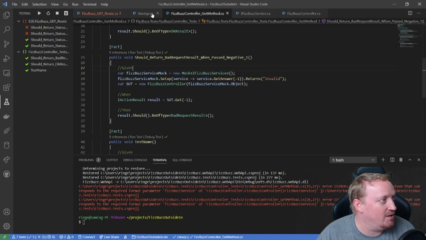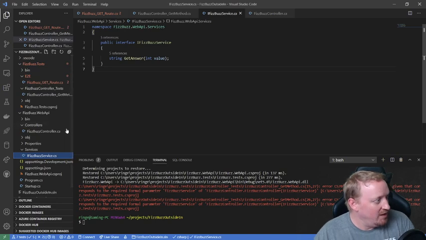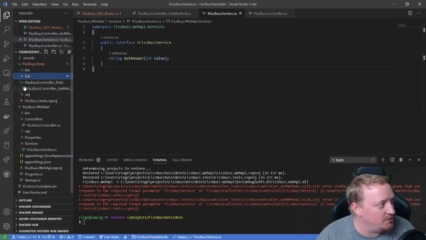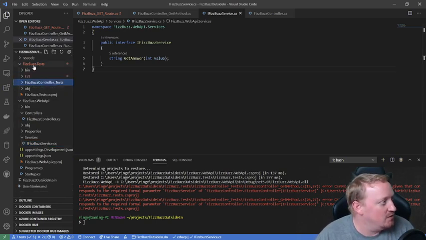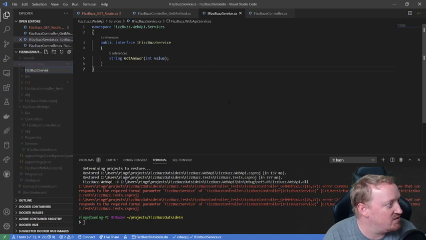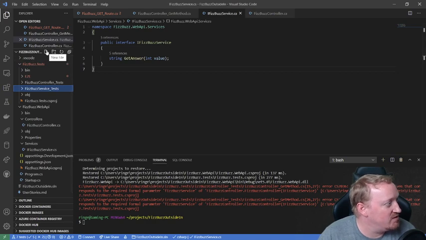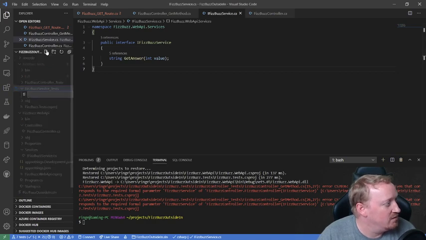Okay, let's go ahead and create a service that implements the iFizzBuzz service. In order for me to do that, the first thing I need to do is actually write a test. So I'm going to go to my tests folder and create a new folder, FizzBuzz service tests. I'm going to make my first,